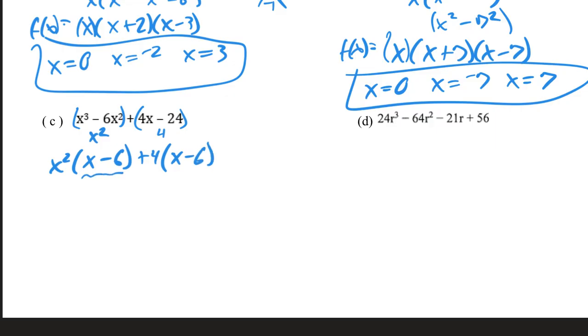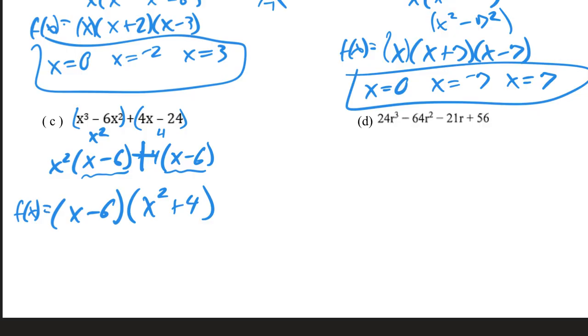And then that now is a common factor, so that I can take it out together. Both of those terms on opposite sides of that plus sign in the middle have an x minus 6 in them, so it's a common factor. So I can take an x minus 6 out of that, and then I have an x squared plus 4 left. So that's my function in its factored form,